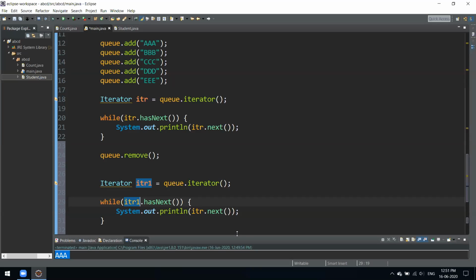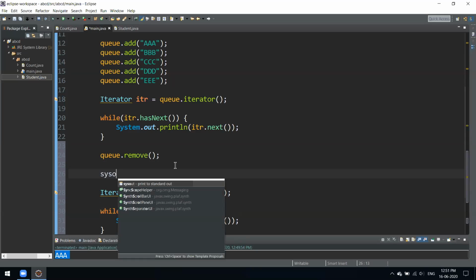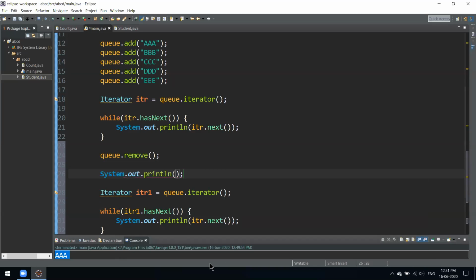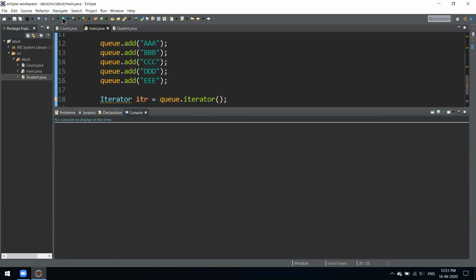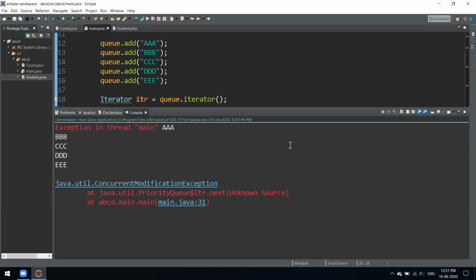Now let's see what difference we have over here. Let's have a little space between the lines, so that we can see the difference. If we try running this code, it threw an exception.